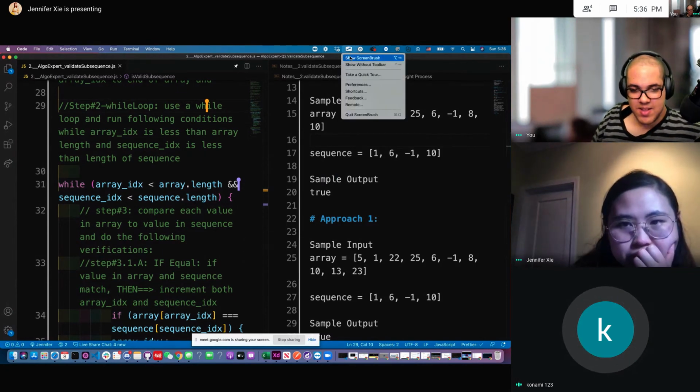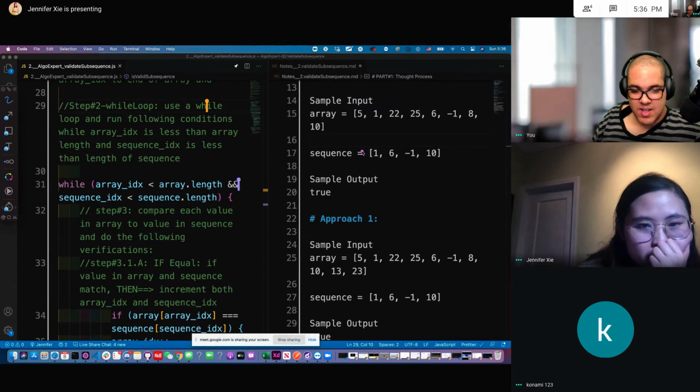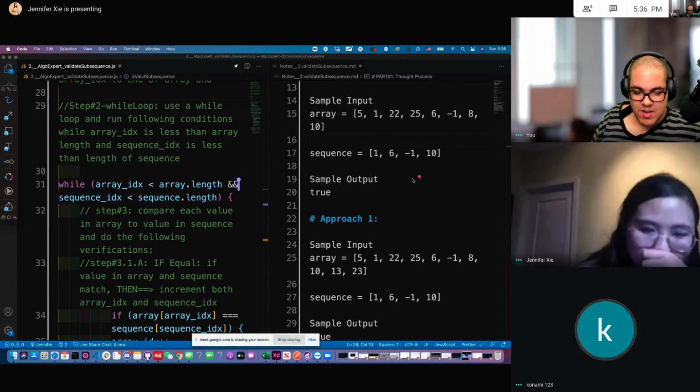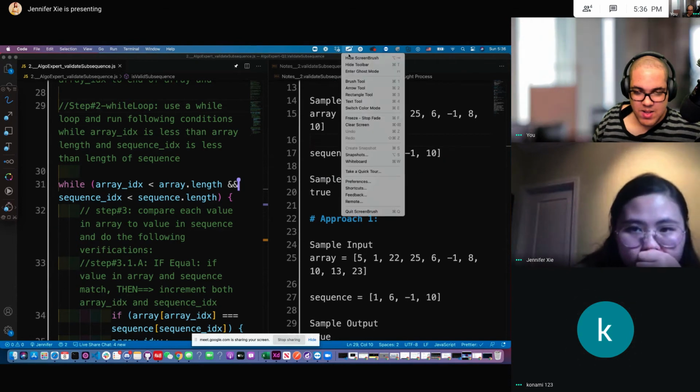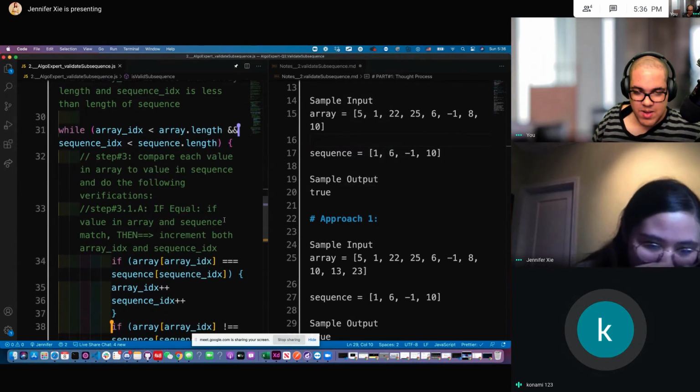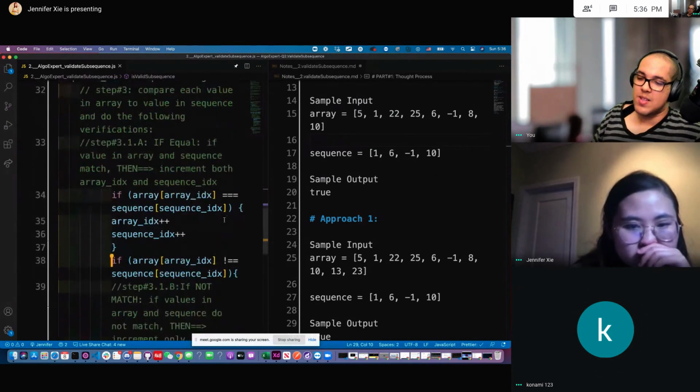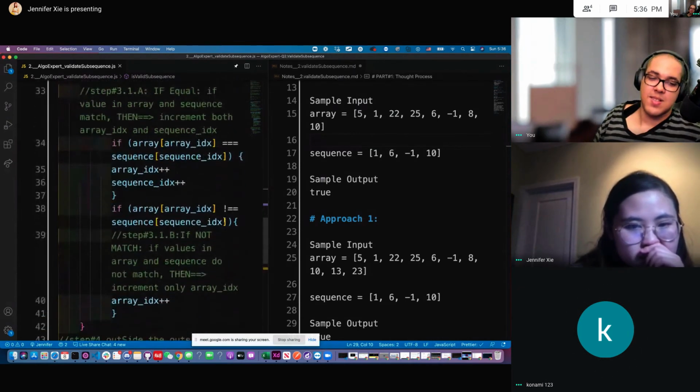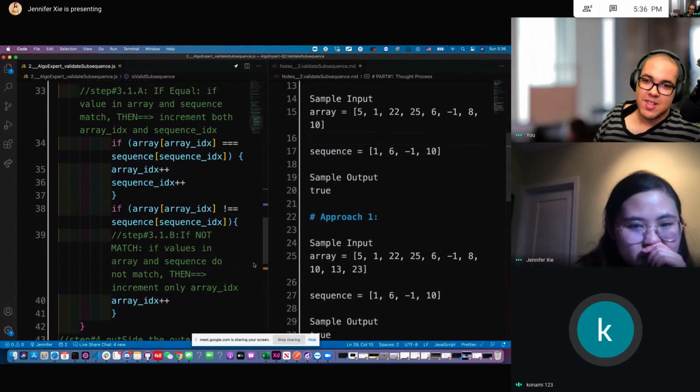So yeah, this looks fine here. Then this is all in one while loop, and then, yeah, just making sure that